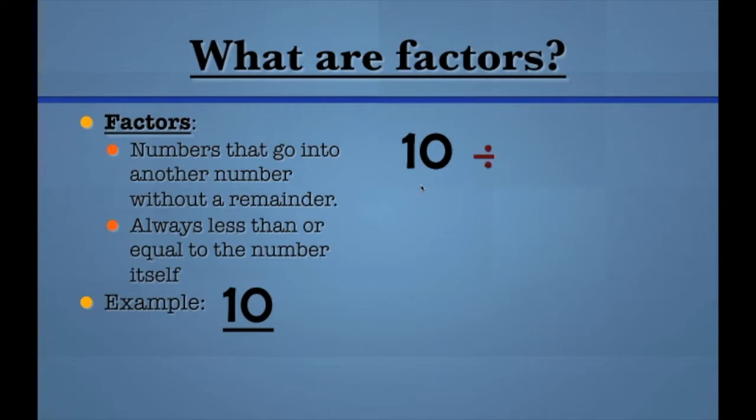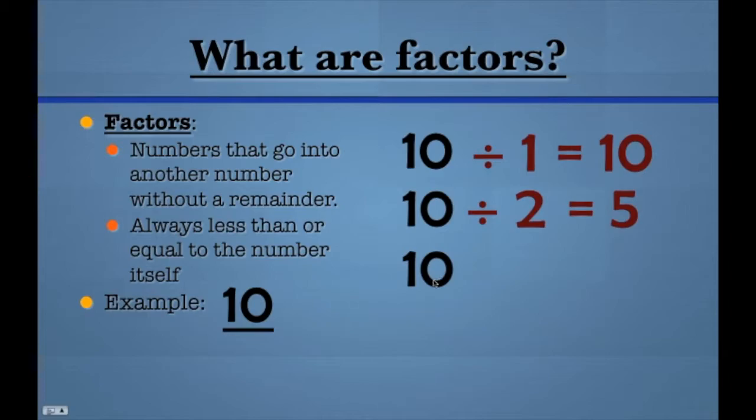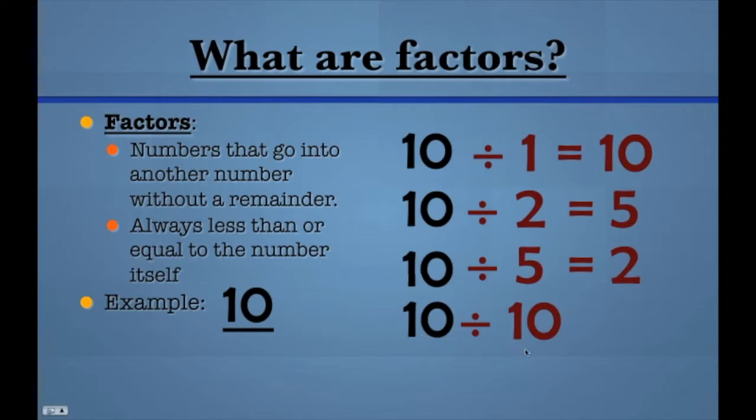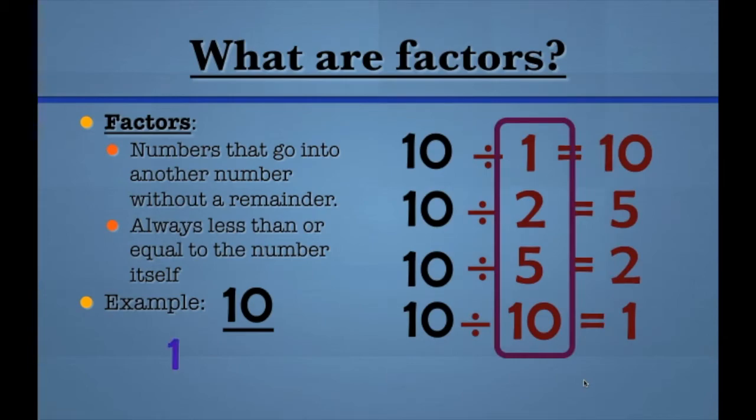Well, 10 can be divided by 1, because 10 divided by 1 is 10. 10 can also be divided by 2, because 10 divided by 2 is 5. 10 can also be divided by 5, because 10 divided by 5 is 2. And 10 can be divided by 10, because 10 divided by 10 is 1. Therefore, these numbers are the factors of 10. So the factors of 10 are 1, 2, 5, and 10, because all of these numbers can go into 10